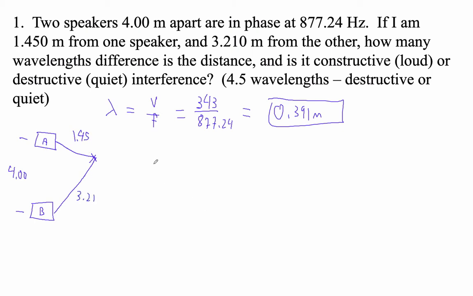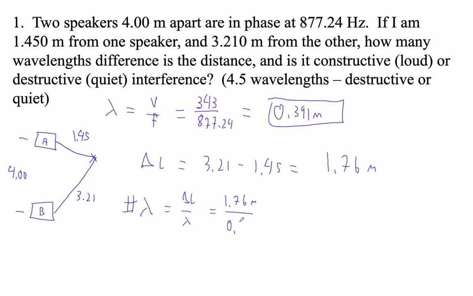So the first thing we're going to do is find the difference in the distance, right? The difference in path length is 3.21 minus 1.45, that's 1.76, right? Then we're going to figure out how many wavelengths that is, right? So that's going to just be L divided by the wavelength. So how many of these wavelengths fit into this distance, right? So that's going to be 1.76 meters divided by 0.391 meters. And that ends up being 4.5